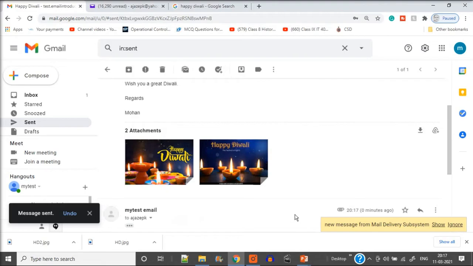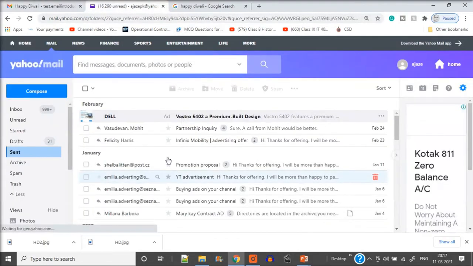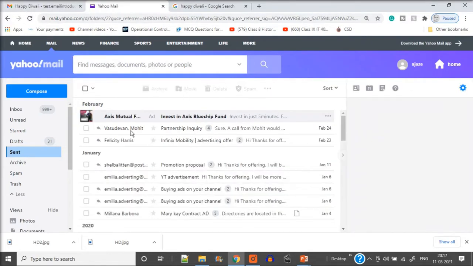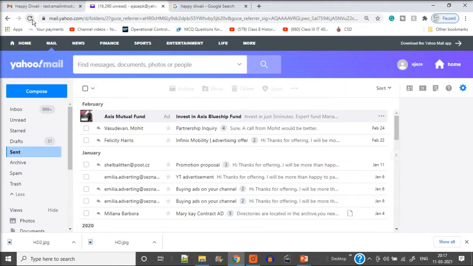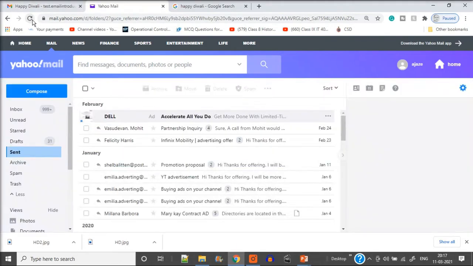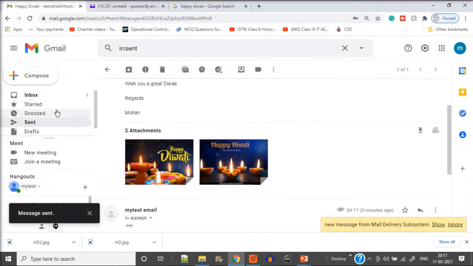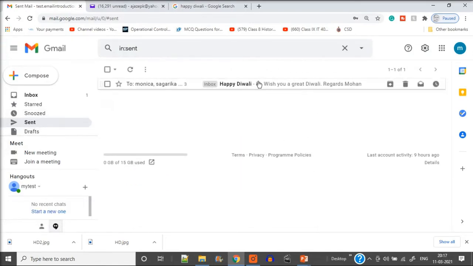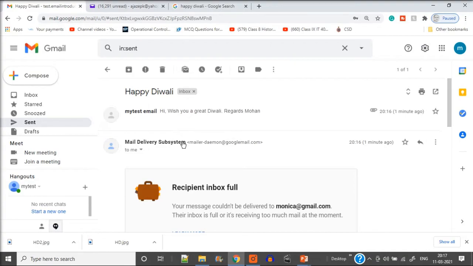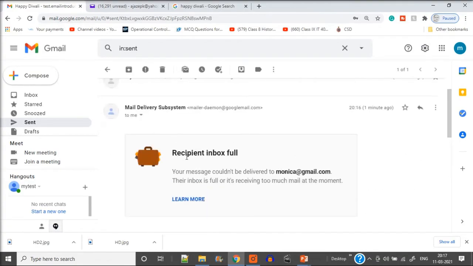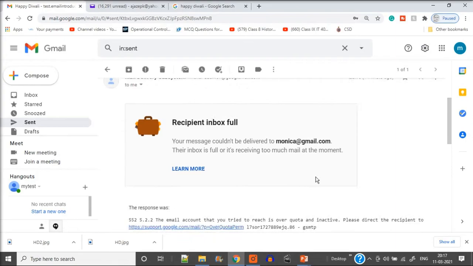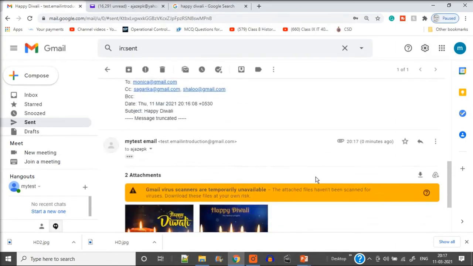So when you send it, now this message has been sent. Now this email ID should get the email which we have sent, which we made here. So you can refresh it here. Sometimes the email might not come. It will go to spam. So if sometimes you don't get an email and the person is saying, I sent you an email, didn't you get it? You can just check it in your spam also. So in spam, in sent, I see, oh, I've sent an email, and this, okay. Now Monica Gmail, it didn't go.